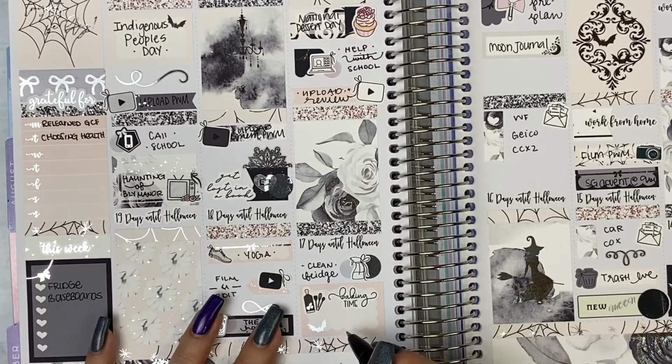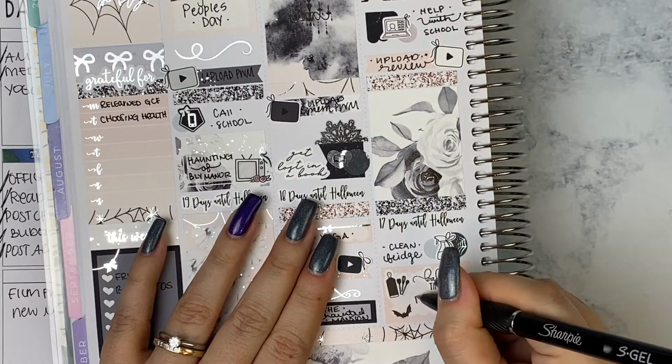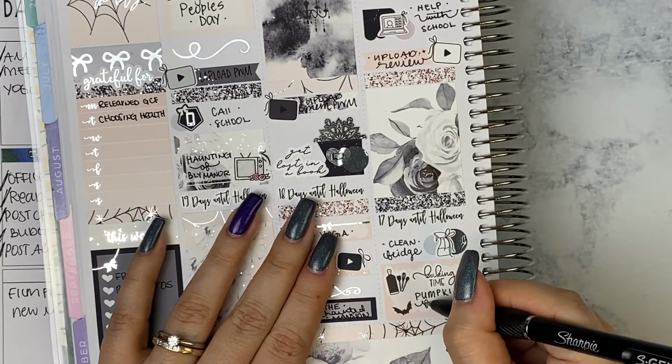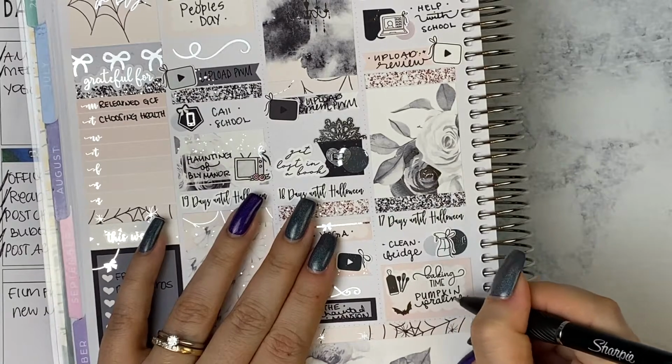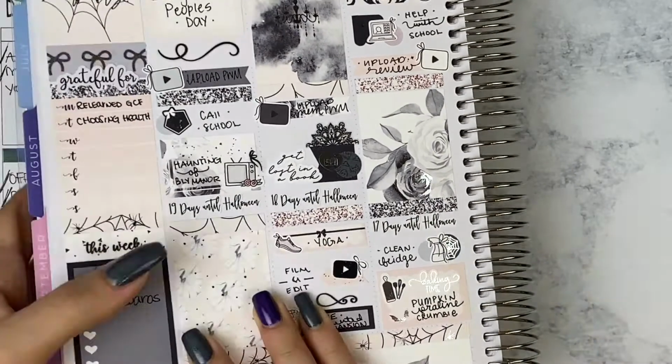Then I'm going to take a half box from the kit and then a Baking Time Wednesday script from Cozy Paper Co., along with the little baking icon because it was National Dessert Day on Wednesday. So I made a pumpkin praline crumble, which, if you saw my plan with me from the next week or whatever,